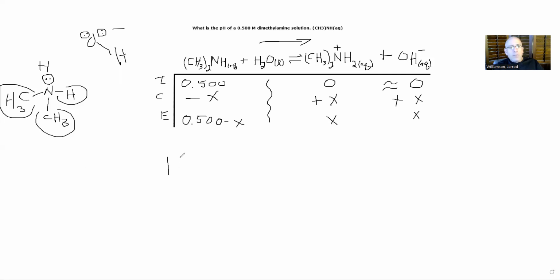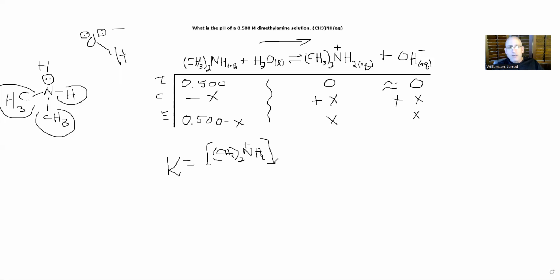The equilibrium constant for this will be the concentration of (CH3)2NH2 plus at equilibrium,